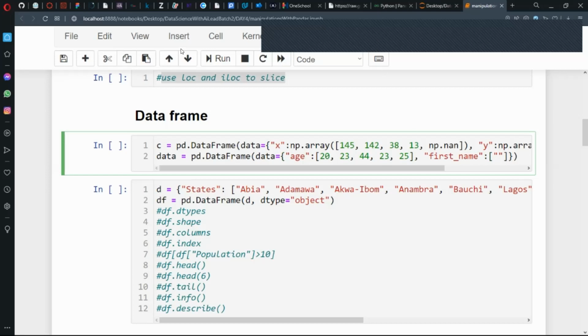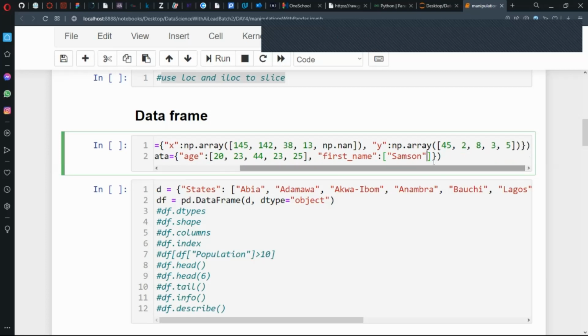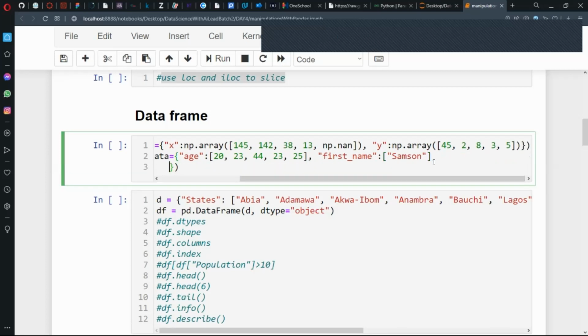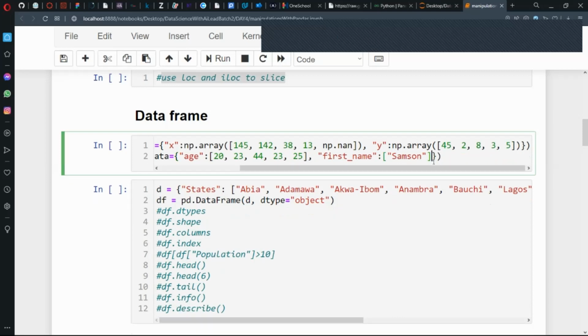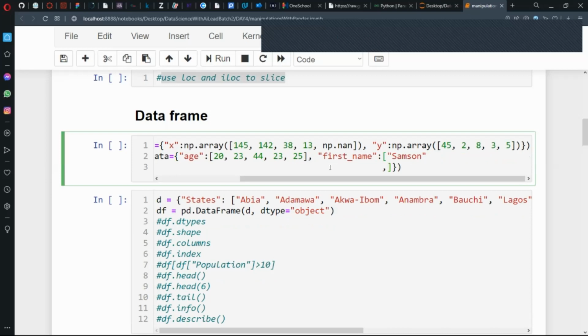Let's say Adamson, Caleb, Williams, right? Another thing, creating a data frame, that means all of the columns you're creating must have